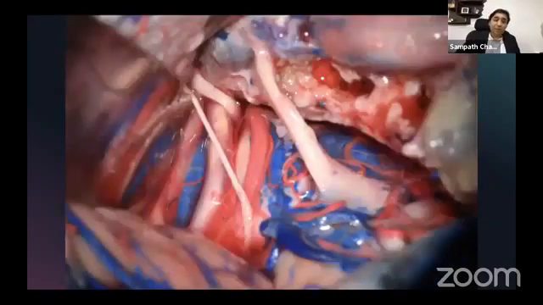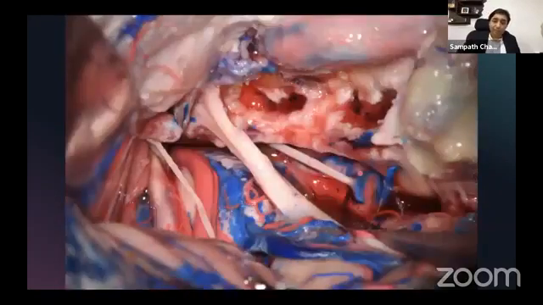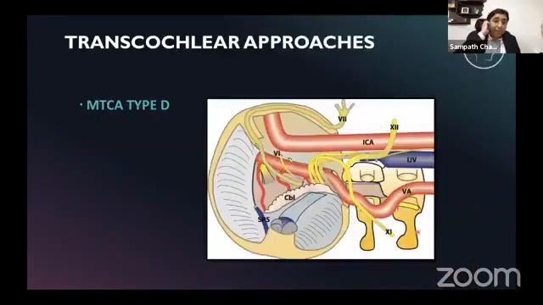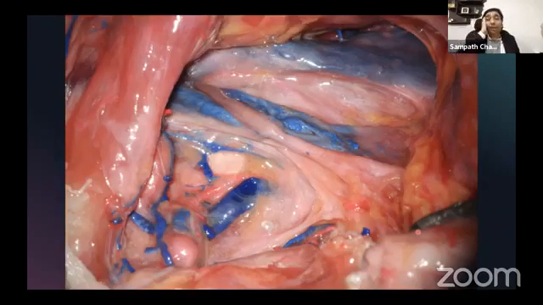Okay, so again, this is all type C. You can see the sixth cranial nerve getting into the Dorello's canal. Clivus is here. This is the prepontine cistern. Okay. Now we go into type D. Type D is a little bit of what I explained a couple of days back in the infratemporal fossa approach. So add the infratemporal part into it, but without the rerouting or with the rerouting. It depends. Whatever you want to do, you have the liberty. I told you either anterior or posterior rerouting of the facial nerve.